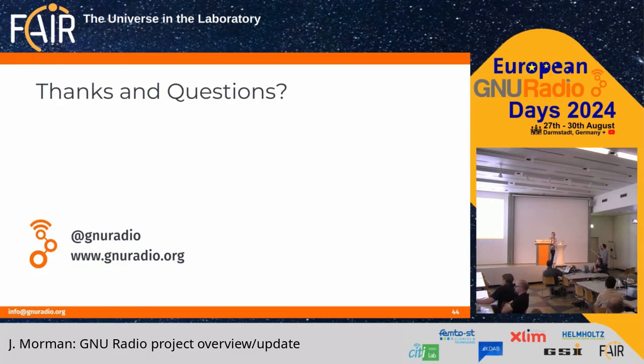Yeah, so there's still more things that we want to add to 3.10. You know, if you put 4.0 aside for the moment, I think I had a slide back there about various things that we want to add to 3.10. We want to continue to make GRC better based on Qt. We want to add support for SIGINT, and things will come along. Various people have different requirements, things they want to add into it, and it does continue to be an actively maintained project, and that's not going to stop.